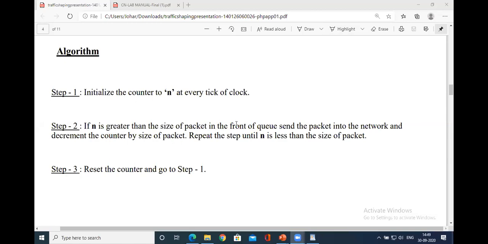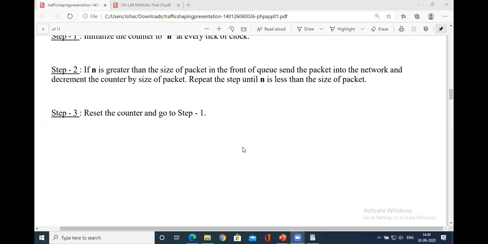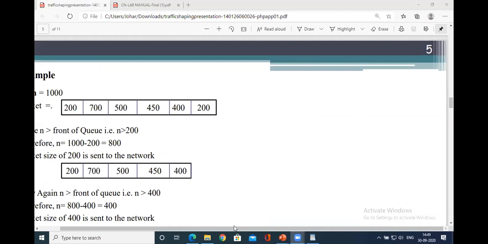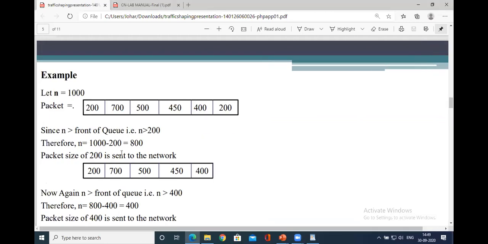If n is greater than the size of the packet, then the packet is sent into the network and decrements the counter by the size of the packet. The process is repeated. So let me go with the example so that you understand easily. N equals 1000. Here are the packets unregulated.